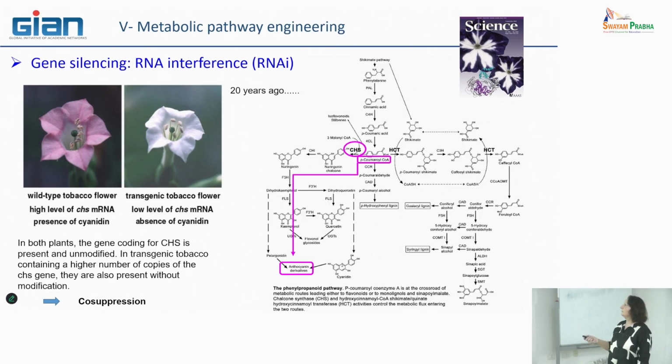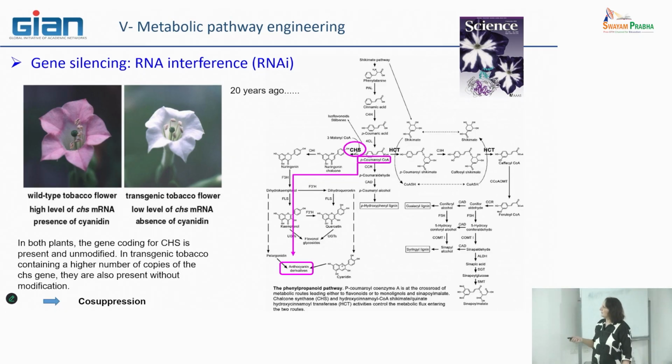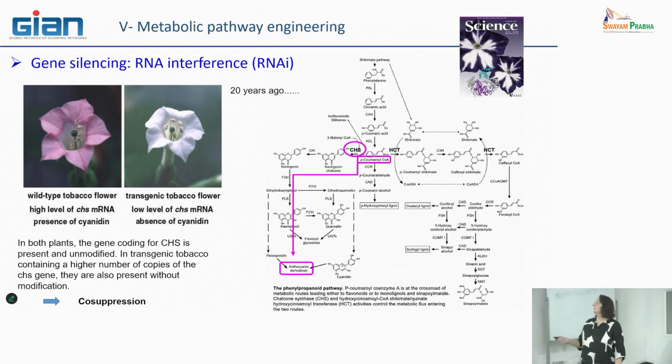At this moment, the metabolic pathway that leads to anthocyanin production was quite well known, not all of it, but at least the main points. In particular, they had observed that p-coumaroyl-CoA is a sort of platform from which different branches are able to start, and in particular the branch that is initiated by the activity of chalcone synthase, which leads to several flavonoids, including the anthocyanin.